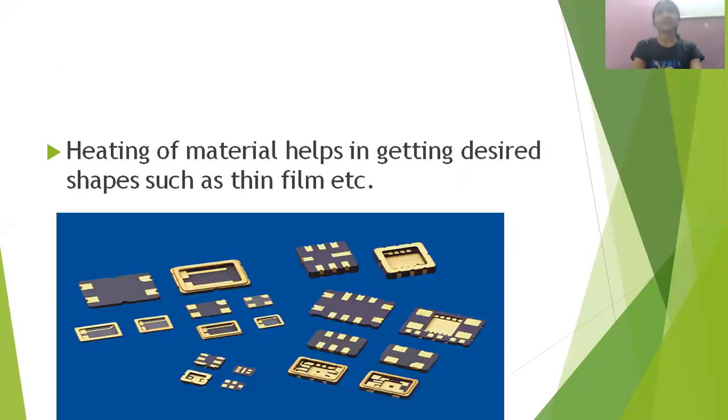So now you get a question in your mind, right? Why do we need to heat, or why do we need to go for calcination or firing? The calcination or firing will help us to get the desired shapes. You can see here we have thin film and all, no? In order to get this shape, calcination or firing helps us. That's the reason we go for calcination or firing. Now, we have seen all these steps, right? Hydrolysis, condensation, aging, drying, and then firing or calcination.